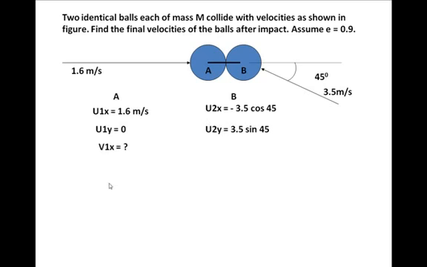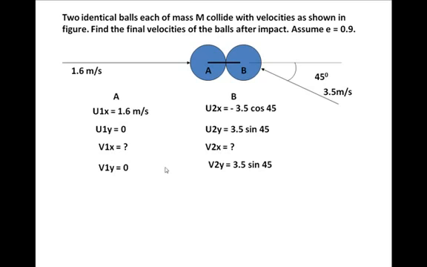Now, our line of impact is along x-axis, and therefore our equations are valid along x-axis, and therefore we will be able to find v1x and v2x by applying our collision equations. And as far as v1y is concerned, because it is perpendicular to the line of impact, this v1y will be same as u1y, and so will be v2y, which will be same as u2y.